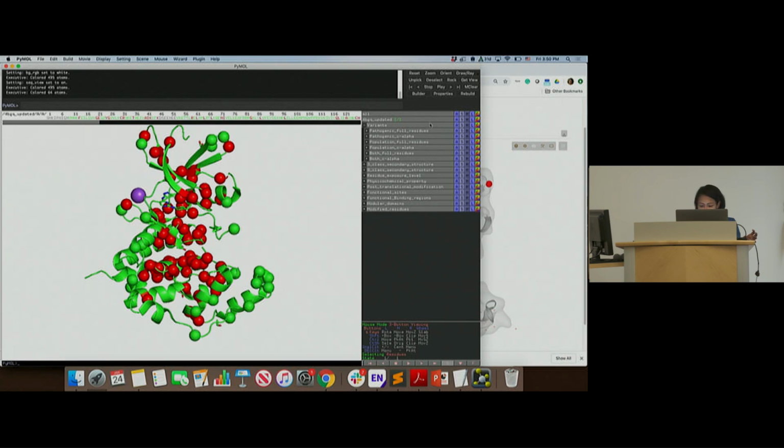So you highlight your population variants and then also color them blue. Now you can see that the population variants are on the outside and the red ones are inside. And the pathogenic is around the ATP binding site as well. Yeah. So I will now hide the spheres,